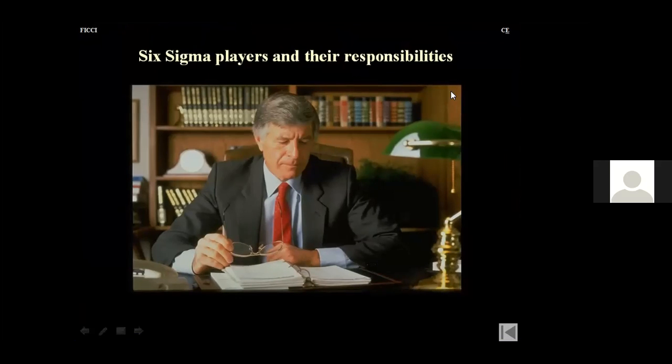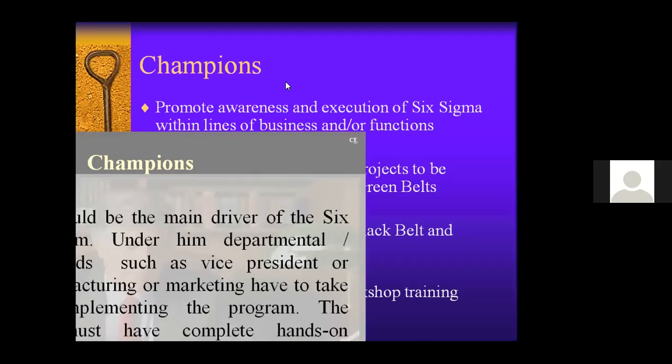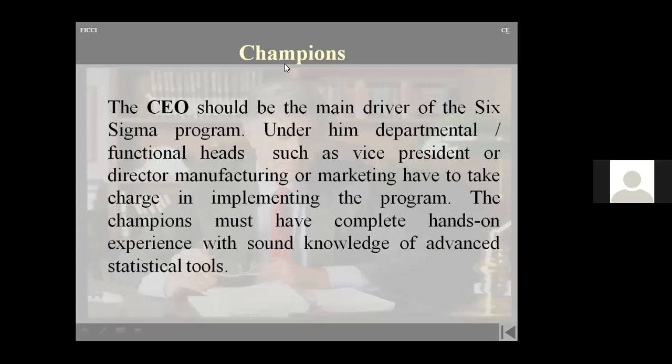Now we talk of Six Sigma players. In every industry, as I was saying, there is a team for Six Sigma. It's a project-based approach. On the top, it has to be led by the CEO, the Chief Executive Officer of the company, and normally he's called the champion. So the boss of the company or the boss of the project is normally the champion of the Six Sigma project program. Under the CEO or the champion, or the deputy CEO can be the champion, and under him,